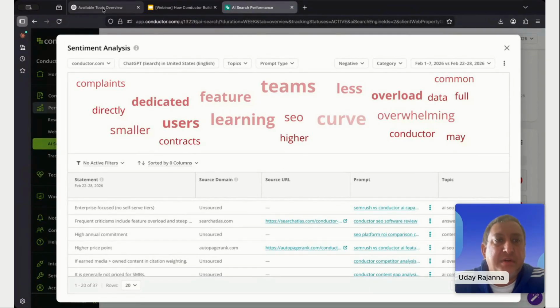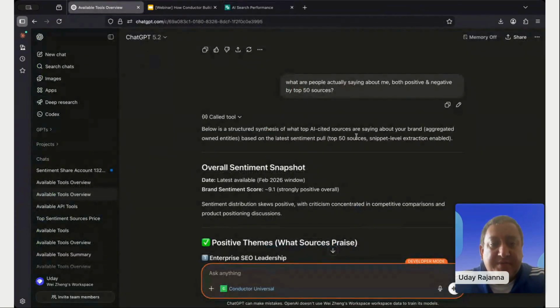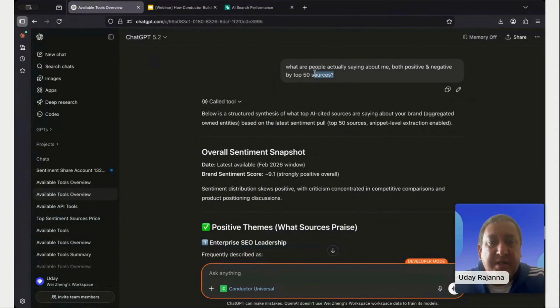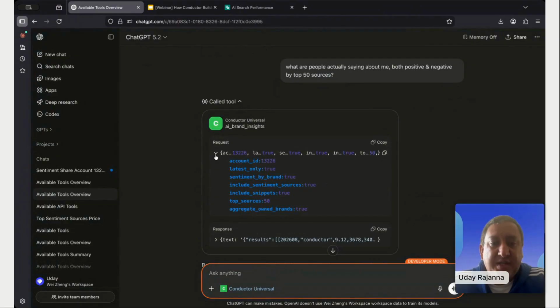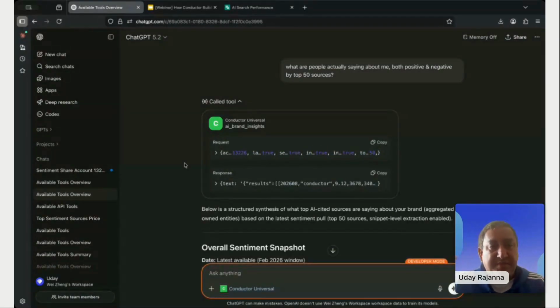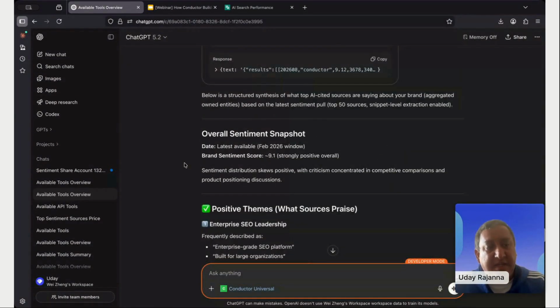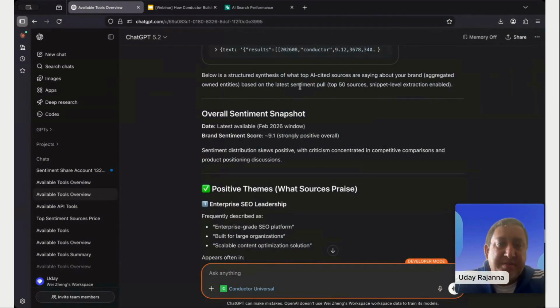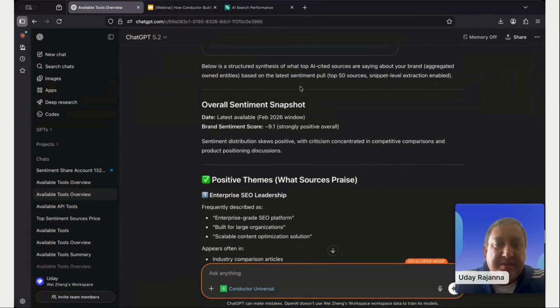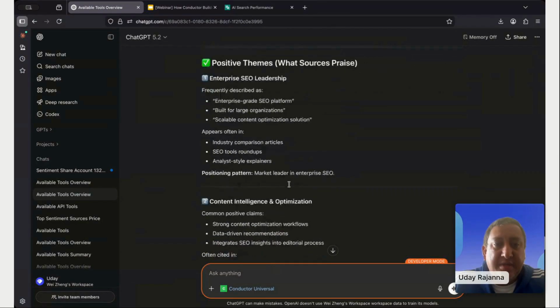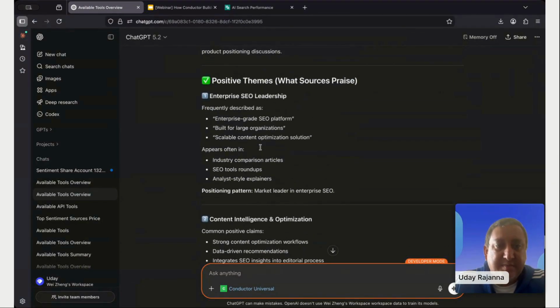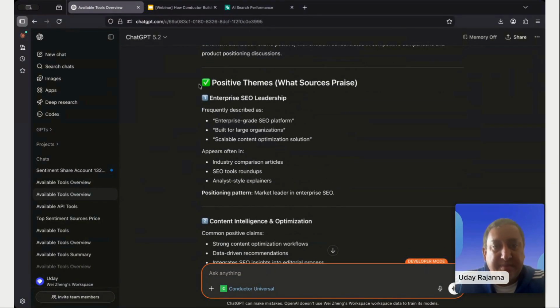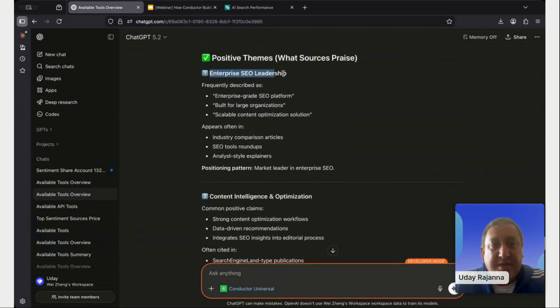Like here we have a word cloud, but LLMs are specifically good for such use cases where, based on this prompt, it called the API, it changed the parameters. The API knows what to do with those parameters. It morphs its response accordingly. So it's a very dynamic API that can change its response based on what you ask. And the deterministic reasoning happens there, returns the data, and then the LLM gives you this wonderful wall of text, which is pretty useful because it can churn through all those sentiment snippets and say, organize it by, oh, this